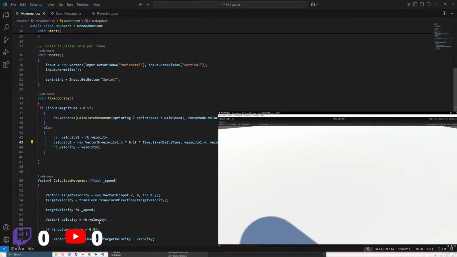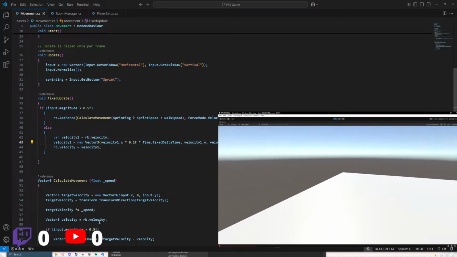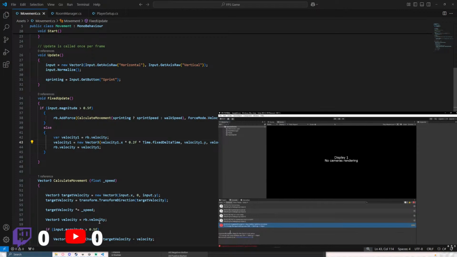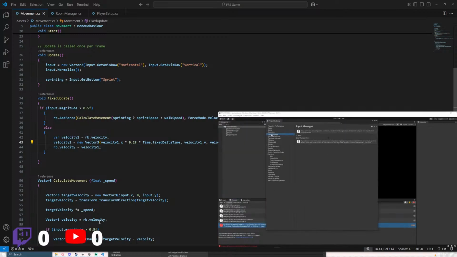I guess he's digging one apart, what gives him the error. You may get this error that says input button sprints is not set up. So let's go to Edit, Project Settings, go to Input Manager, Axes,